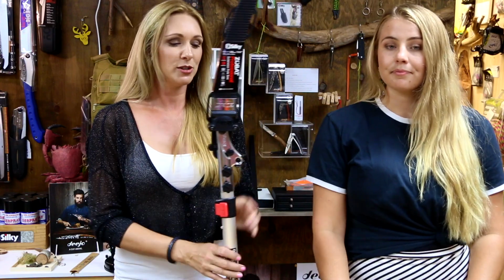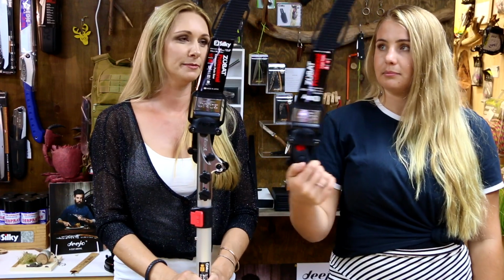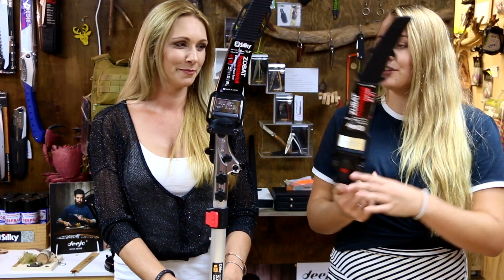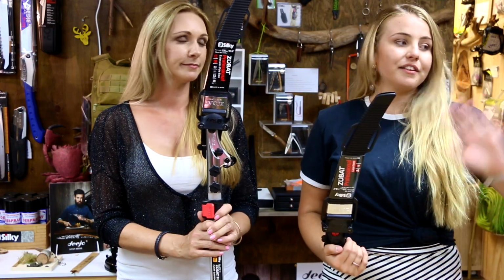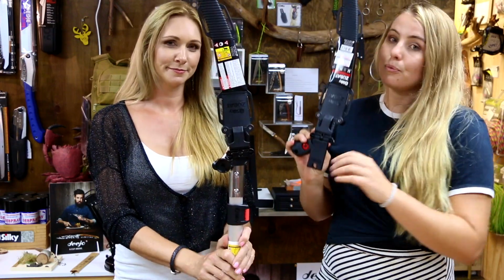Exactly. So we have Zubat in a pole saw, and we have Zubat in a handsaw. Looking at them next to each other, they're very, very similar, because they are very, very similar. So the Silky Zubat pole saw has a 33 centimeter blade. We've grabbed our 33 centimeter Zubat, and yes, it's identical, except when you turn it around, we have the